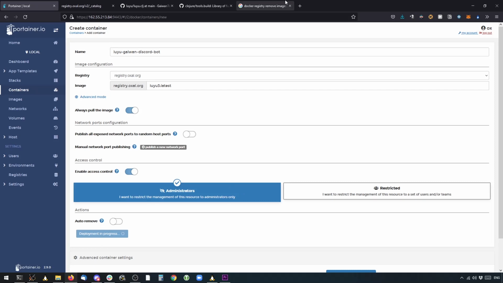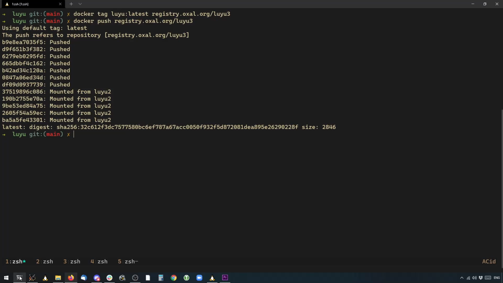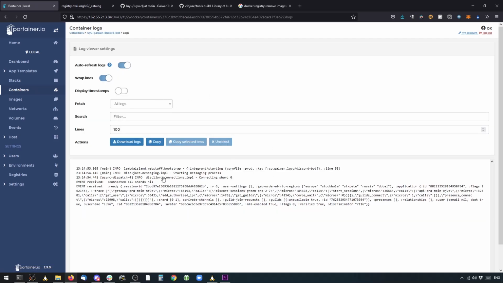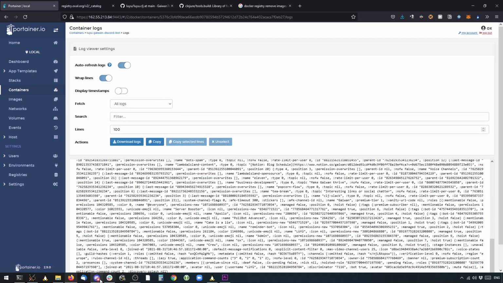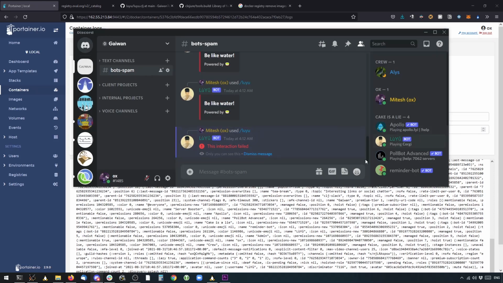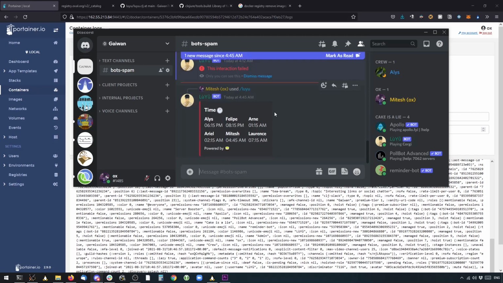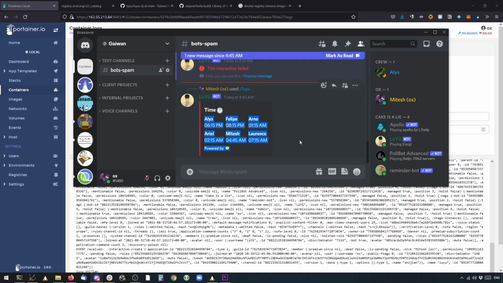I actually maintain all of my Docker, so I don't usually use Portainer that often. Okay, let's check the logs, and the bot is already live. So that's super quick, right? Let's try to get the times for all of our team members of Gaiwan. That's sweet. So the bot is working and live.